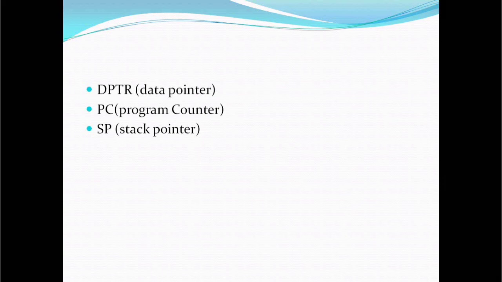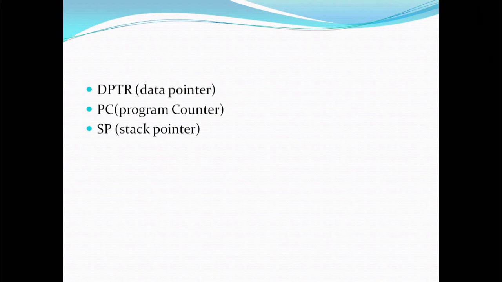Remember that the program counter is not always incremented by 1. Some instructions may require 2 or 3 bytes, so in such cases the program counter will be incremented by 2 or 3. If the instruction is a 1-byte instruction, then the program counter will be incremented by 1, and it basically keeps track of your program execution.